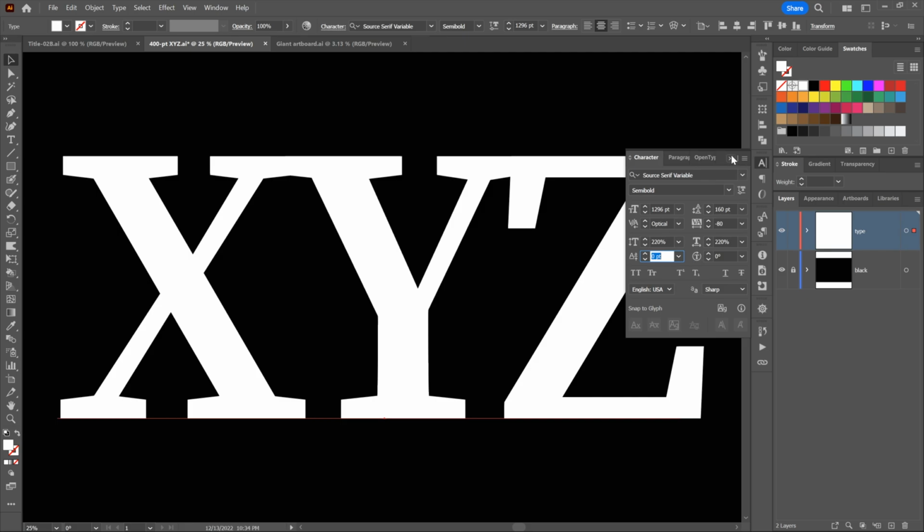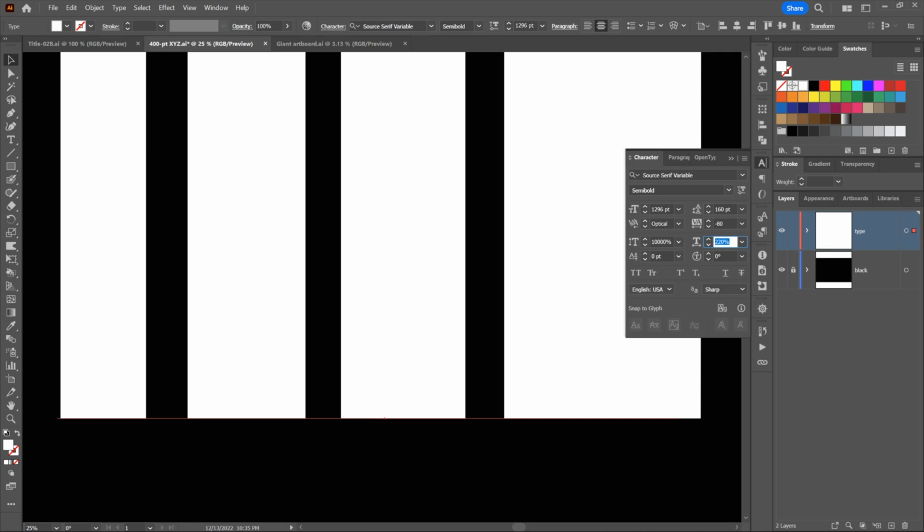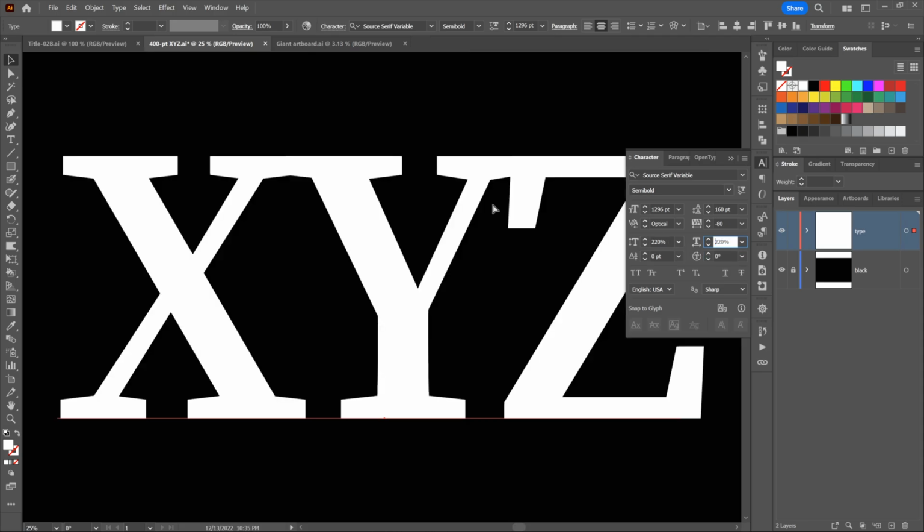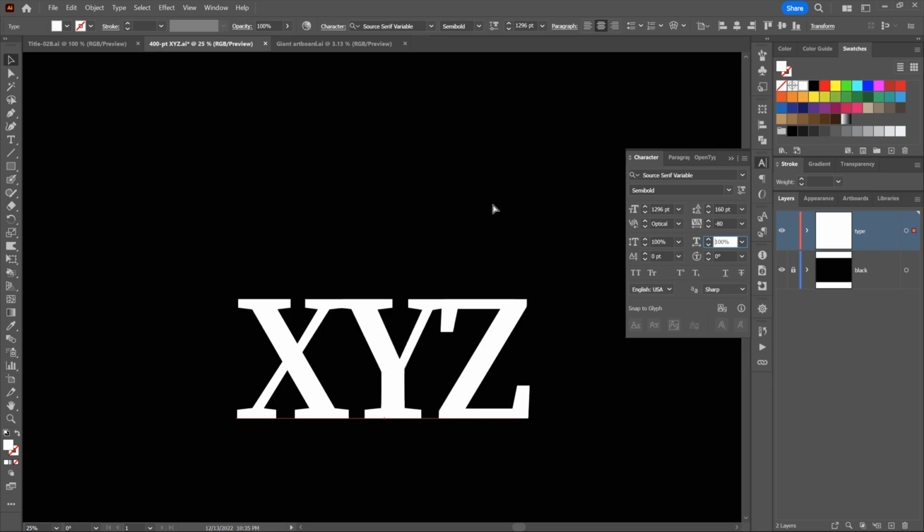All right, so that's an option, by the way, and you could really take these values high. How high, you ask? Well, let's try 10,000%. That worked. 10,000%. So we have a type size that's limited to 1,296 points, but we've got these outrageous values. It's possibly unlimited for vertical and horizontal scale. All right, that's nonsense. Anyway, I'm going to undo that stuff because what I want to show you is the